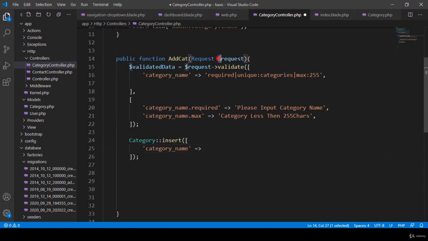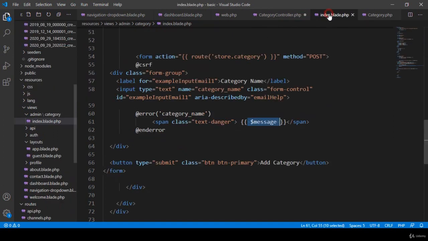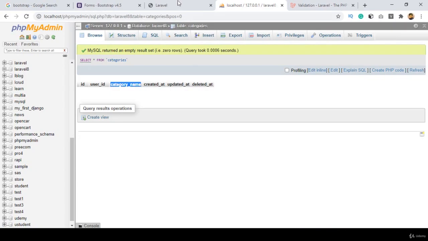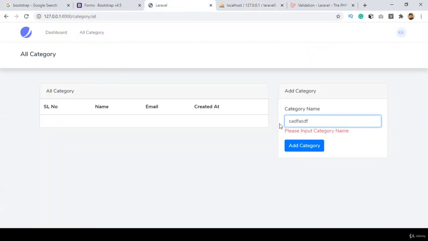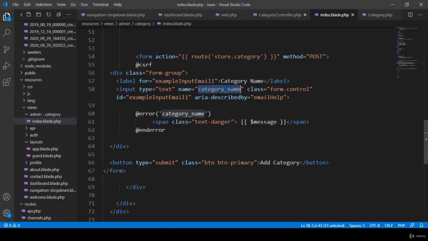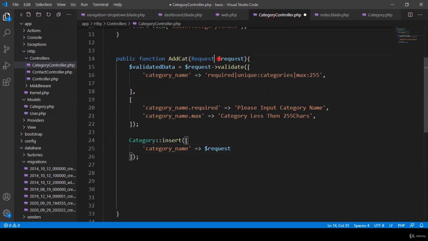Okay, that means here I have already taken that request. So this request data, if you go to our input field, from here that is our input field, right? So from here I want to pass some of the request data. That means if you go to a site, whatever you put in here, and after that you click add category, right? So this request field data is actually the category name. So now I also want to take it. So it should be request, with this request field name as category name,